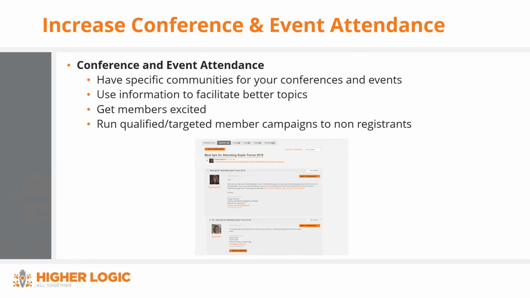And then in turn, you can actually run qualified member registrant campaigns based on this engagement that's going on in the community. And again, I'm going to show you examples of everything here in a second. But it is crucial and important to have a dedicated event or conference community where you can ascertain information, folks can discuss things going on about the upcoming event, and you can start to procure good information to make better and intelligent ideas and topics for that upcoming event because you're listening to your members. But then you can also target those folks who maybe haven't registered but might be participating to increase that registration. And again, I have an example here coming up.